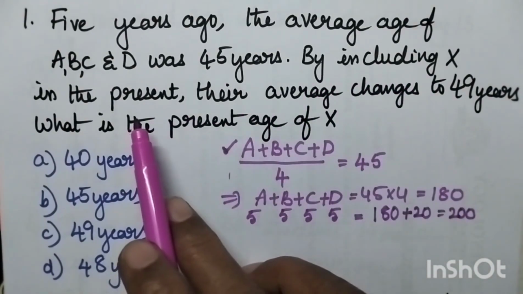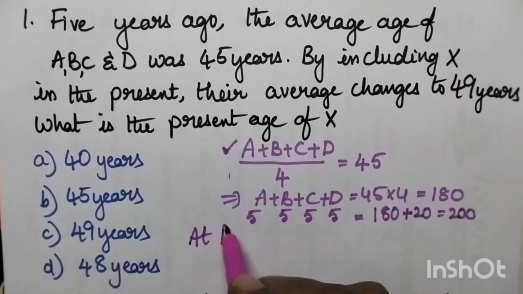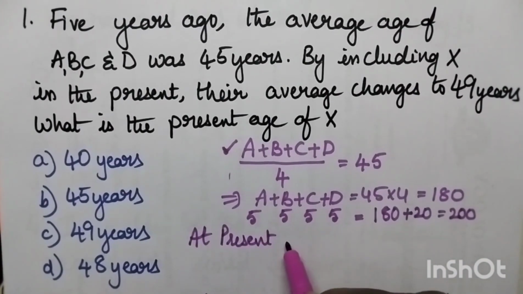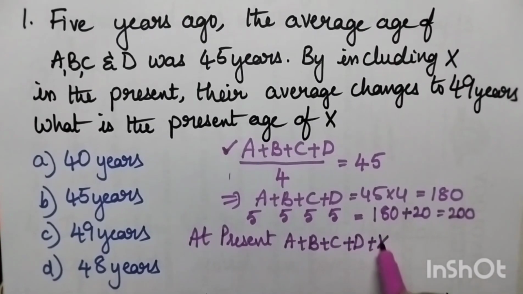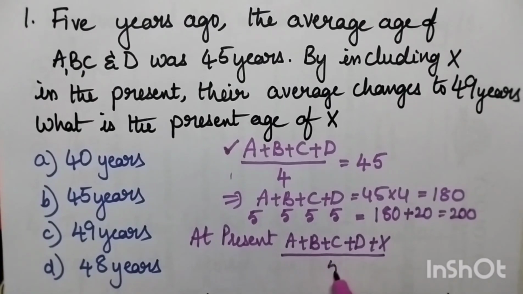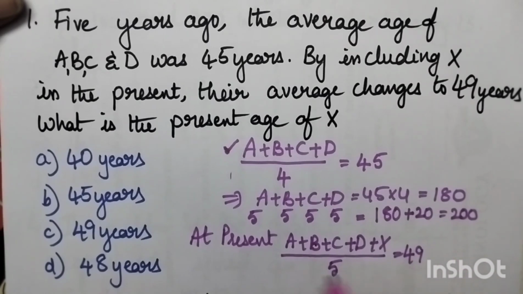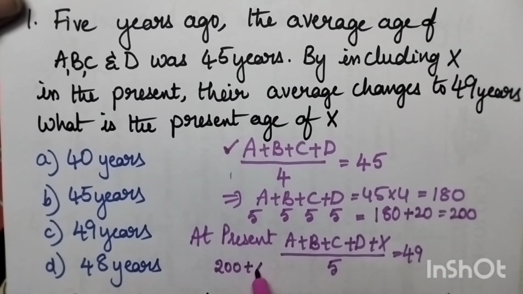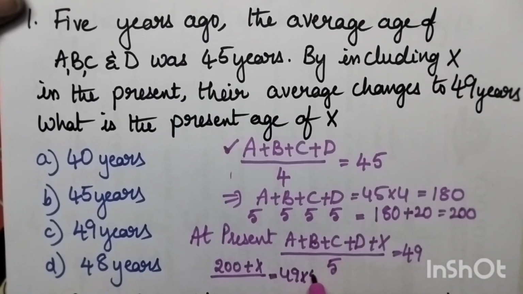And by including X in the present, their average changes to 49. So at present, the average of A, B, C, D and X, so altogether 5 members are present, is equal to 49. Here already we know the total age of A, B, C and D, that is 200. So 200 plus X is equal to 49 into 5. So that is equal to